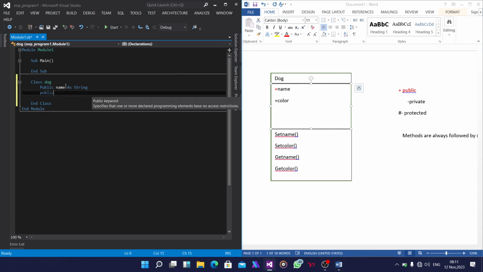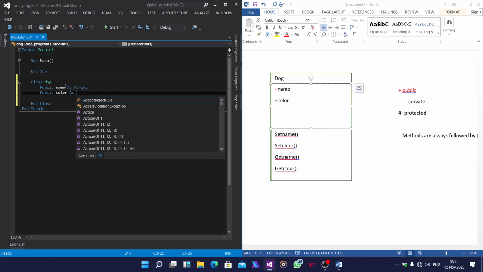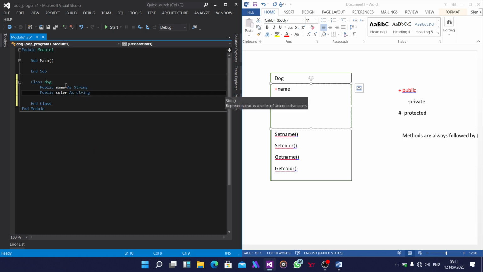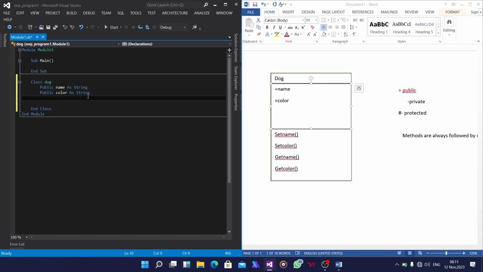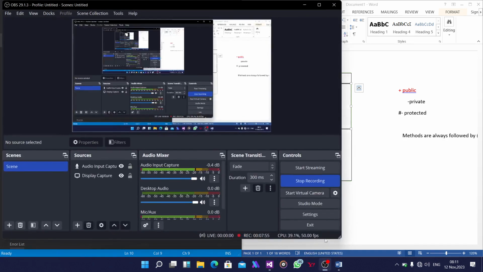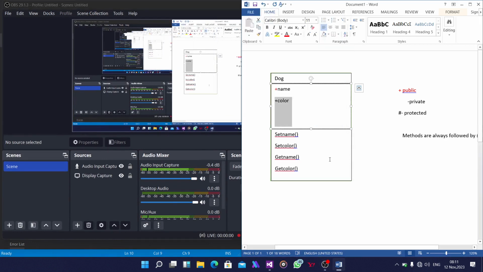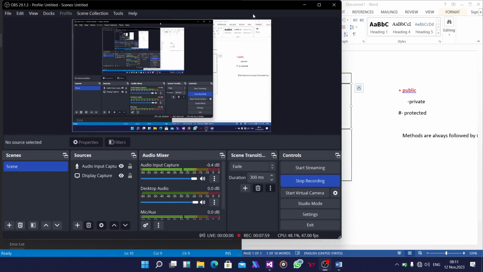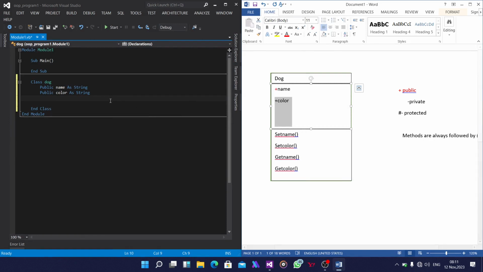Public color is a string as well. Okay, so you need to understand that a public attribute is